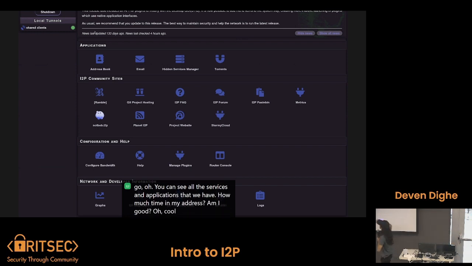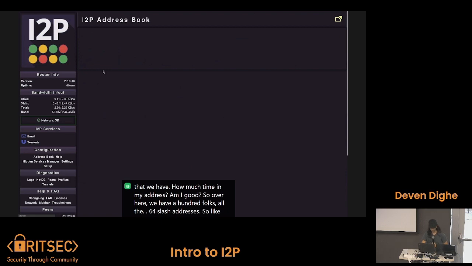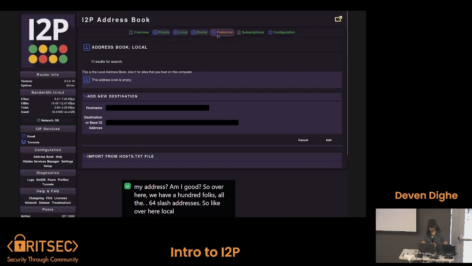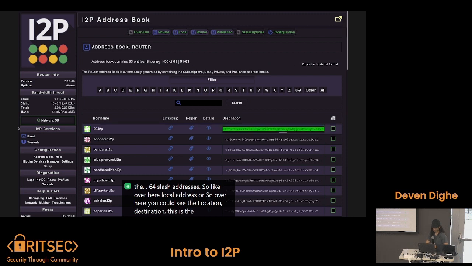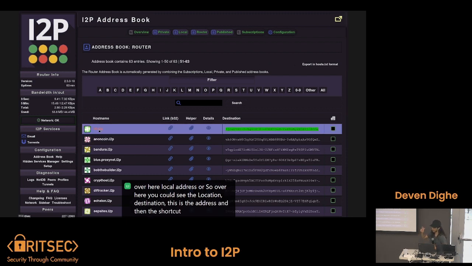So over here we have the address book that holds all the base64 addresses. So like over here, local addresses or router addresses. Here you can see the location, destination. This is the address, and then the shortcut name, with their tld.i2p site.